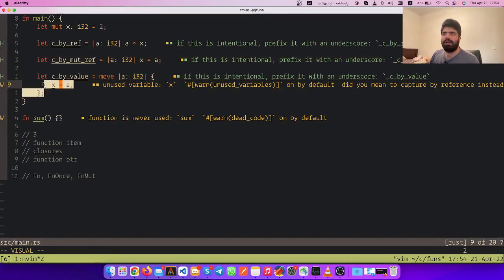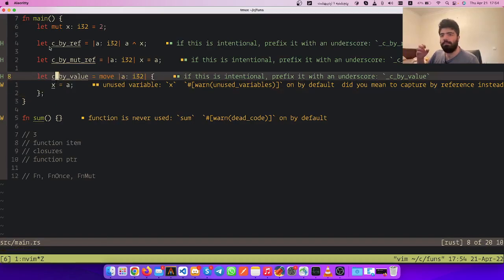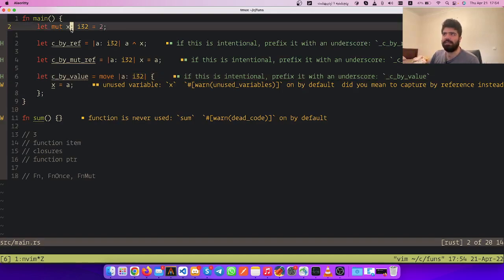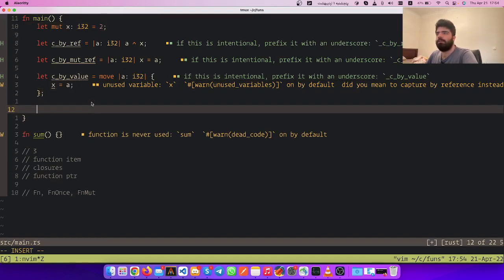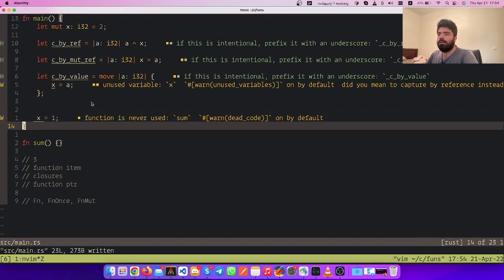And finally, I have this capture by value, and in here I'm basically moving, or passing the ownership of this x and all the surrounding environment into this closure. So when it is done, if I want to work with x,